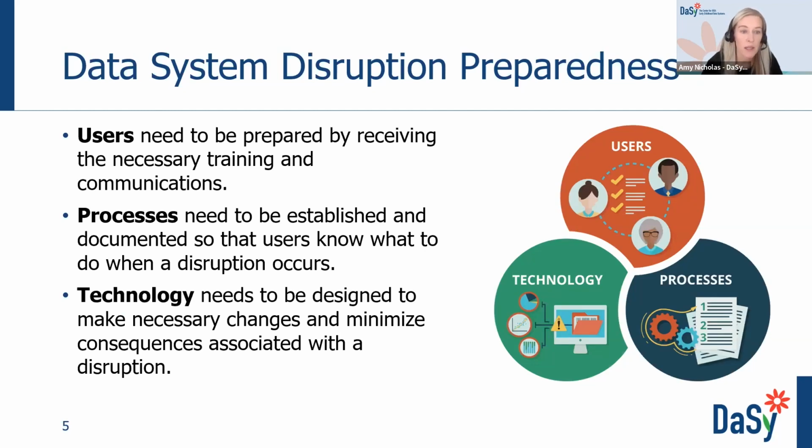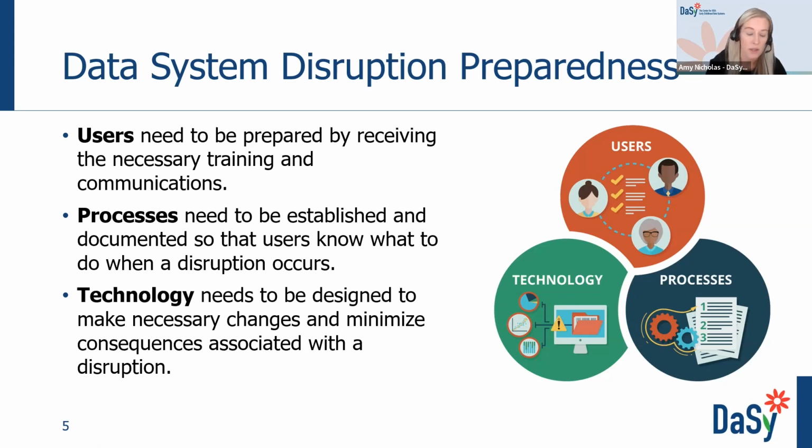So when we talk about data system disruption preparedness, preparedness refers to proactively developing a set of actions that programs can take, leadership in this case, to avoid or even minimize the potential adversity when faced with these data system disruptions. The actions can include physical, policy, procedural, and training preparations. Some steps can be taken before a disruption occurs, and others may need to be taken in a reactive way. Having plans in place for what you're going to do before and after a disruption occurs can really help